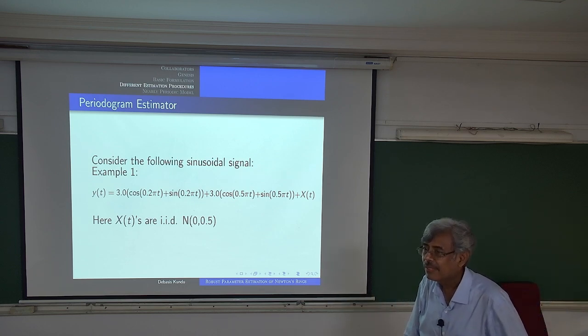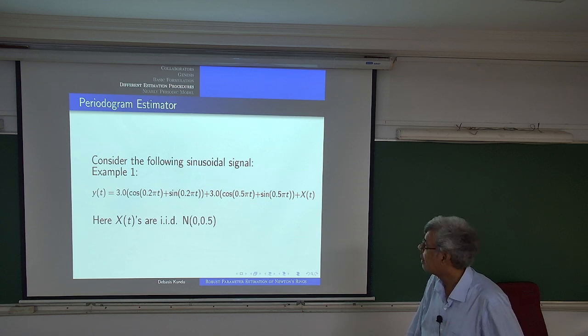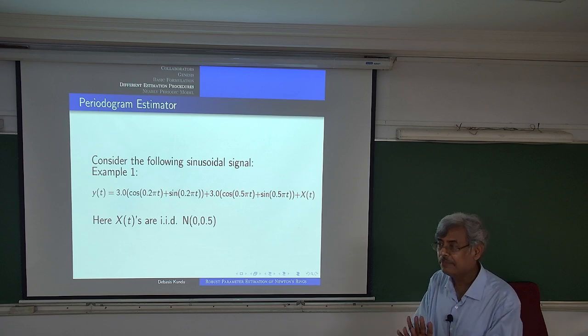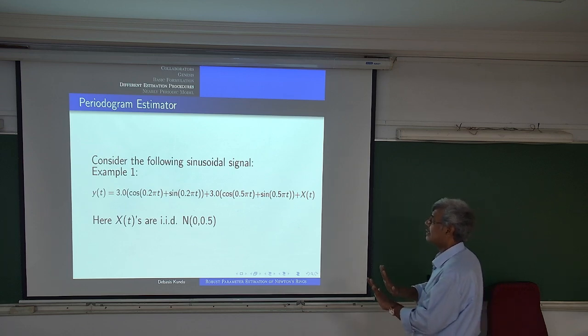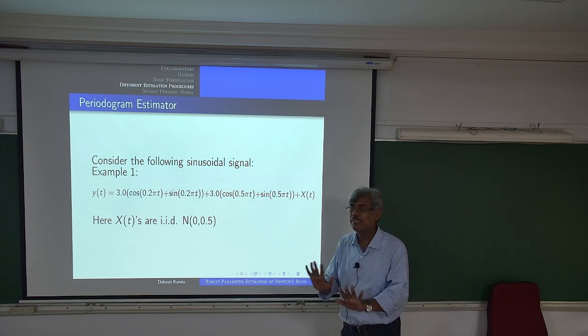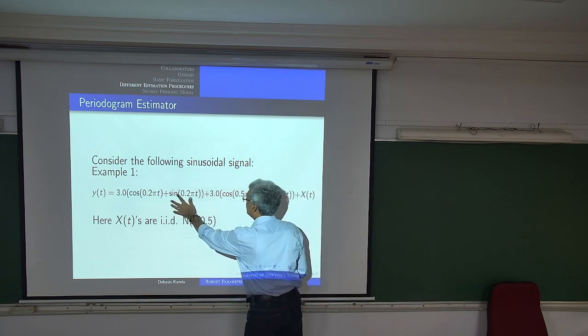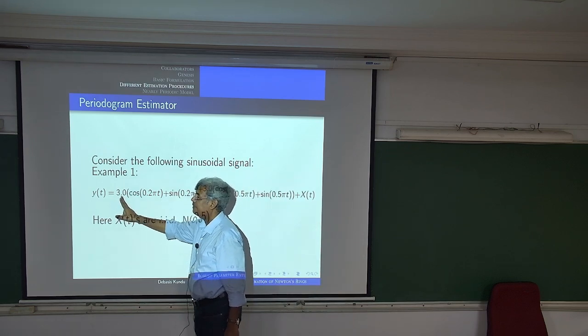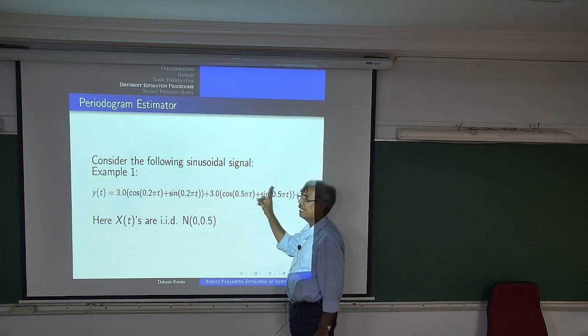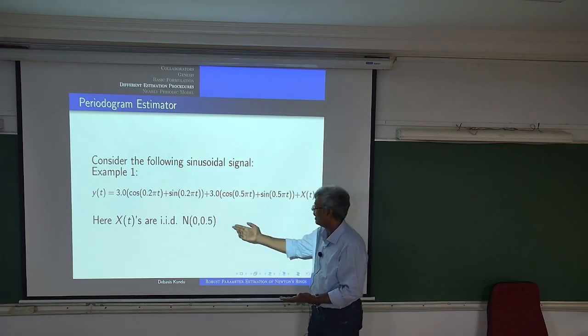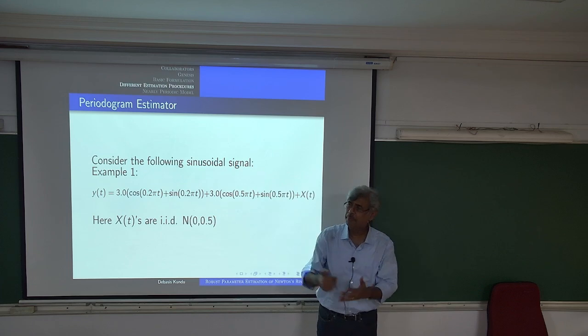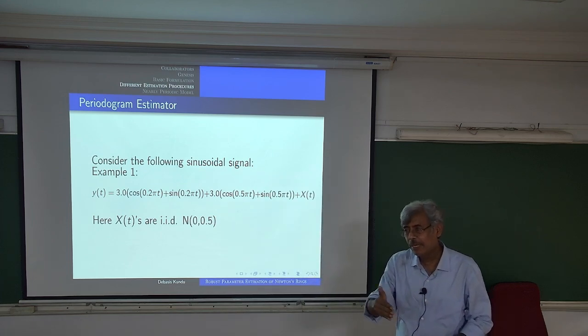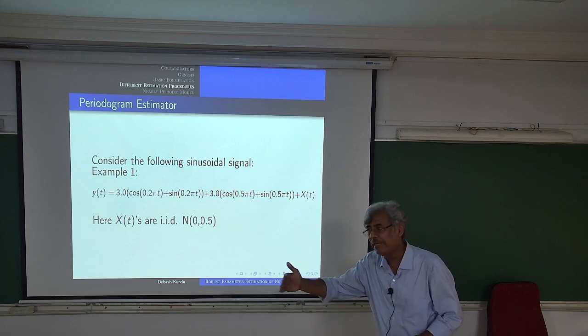Then if there is a hierarchy in the amplitude, does it fail? Not necessarily. Say for example, suppose I have 3 components, with the first amplitude 5, the second 4, the third 3, and the variance is half. You will be able to pick up all of them. If there is a hierarchy, you will be able to pick up all of them.